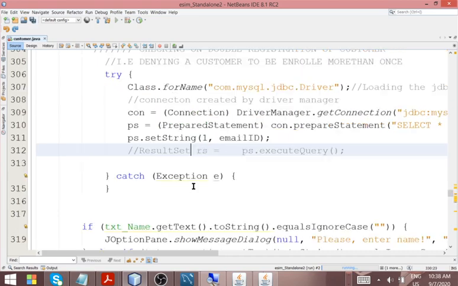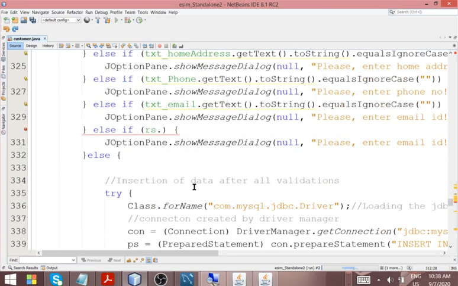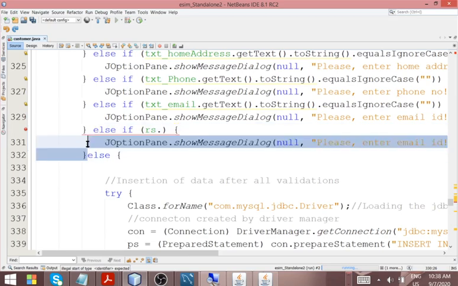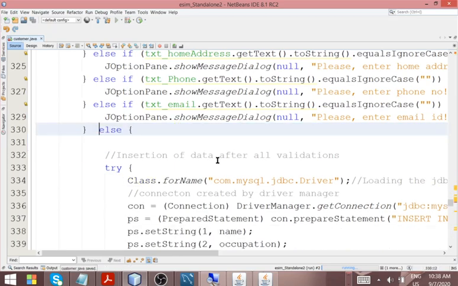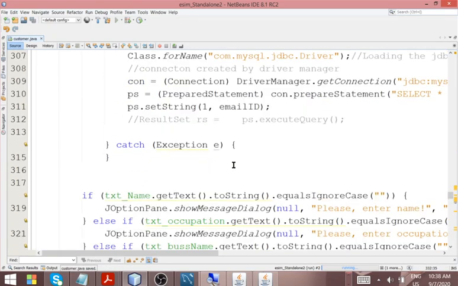I don't want to complicate this. Sorry, let me remove this extra div I've introduced. Just come over here and do the writing. This is the result set, right? So let's test it. If